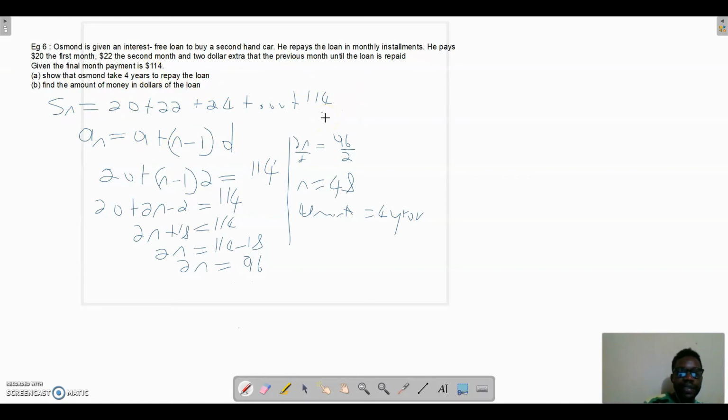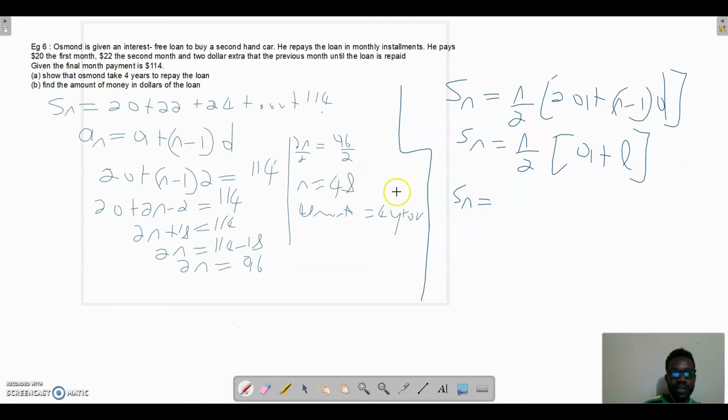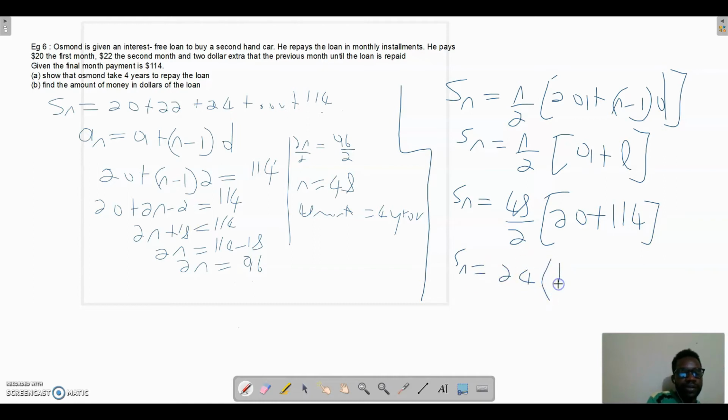Now, we all agree that it is arithmetic. So we can go right to the formula that says that Sn equals n over 2 into 2a plus n minus 1 times d. But the thing about it is that I don't have to use this formula. We can use the alternate version that says Sn equals n over 2 into a plus l, because I know what the first term is and I know what the last term is. So I'm going to have Sn equal, and of course n is in terms of months, so that would be 48 over 2. The first amount of money that was paid was $20, and the last amount paid was $114. So we can say that Sn would be equal to 24 multiplied by 134, and that is equal to